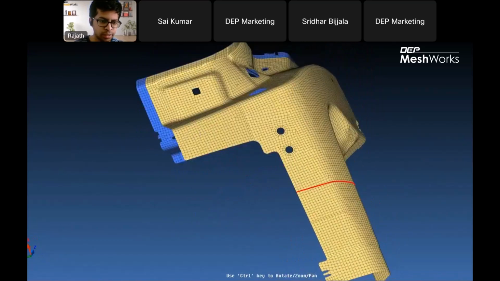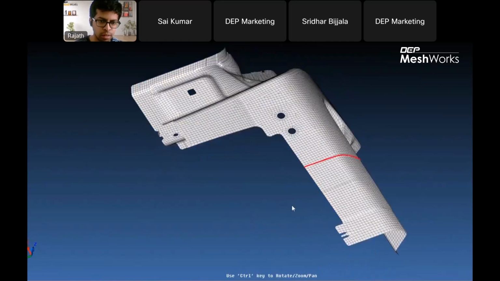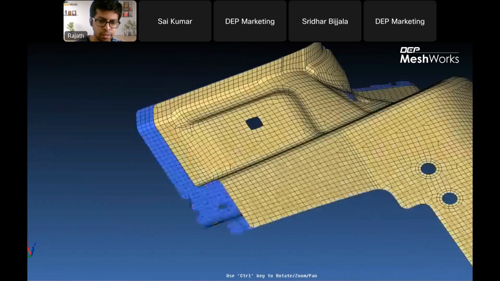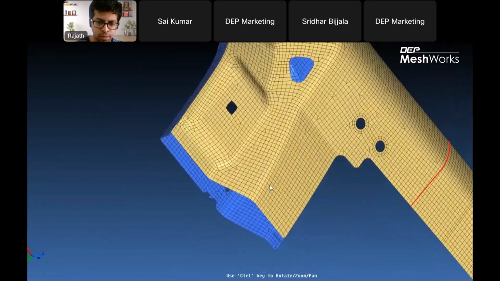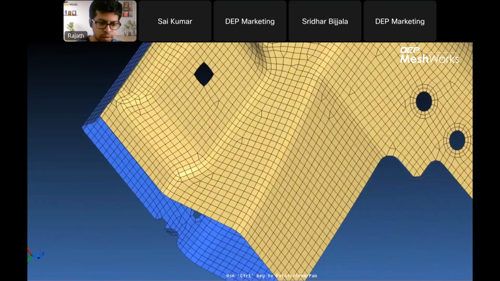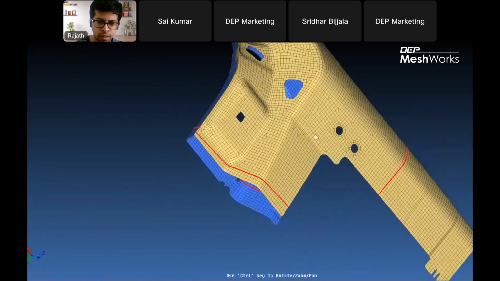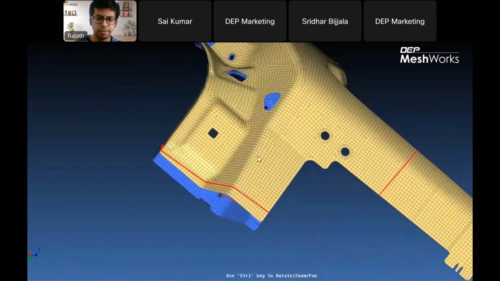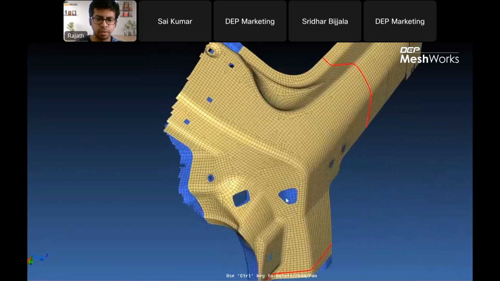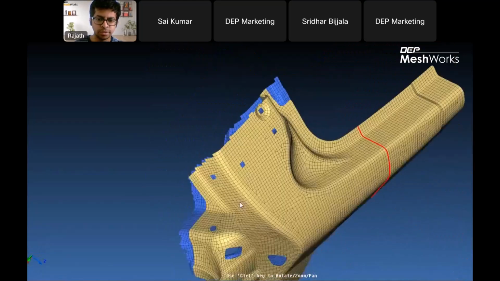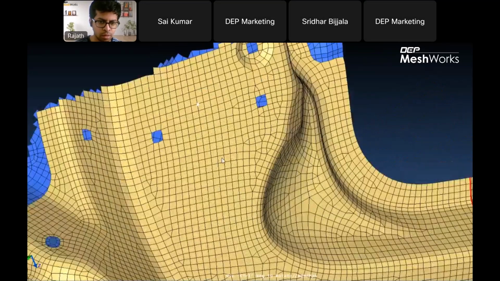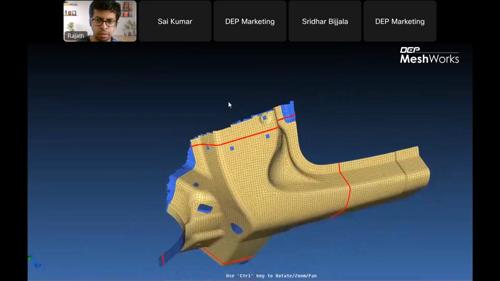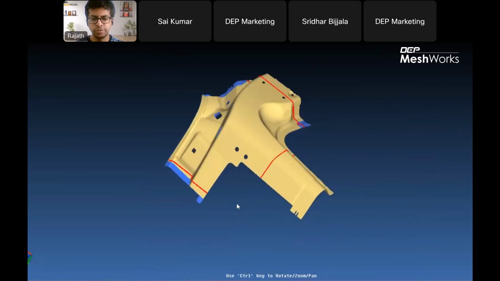Again, I'll select the components. Then I'll select the nodes, and the vector plane. And it will create 1D elements again. Do the similar process here. Okay, 1D. So next we'll create a tria mesh